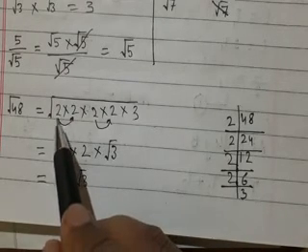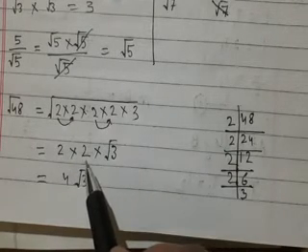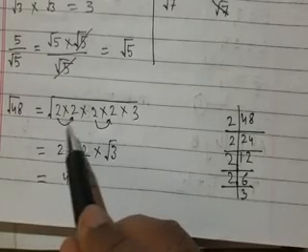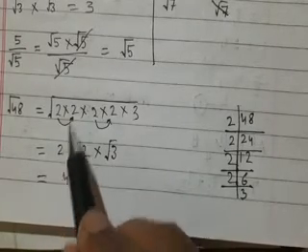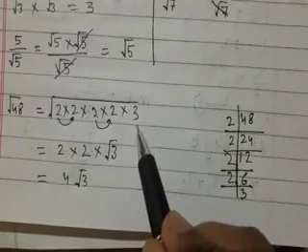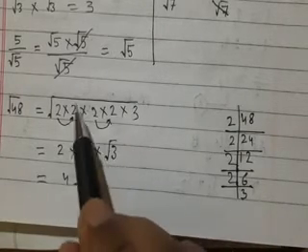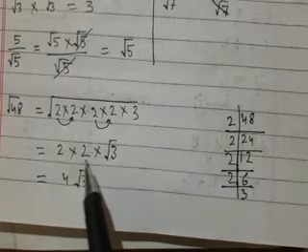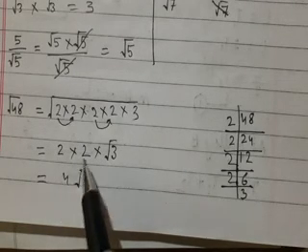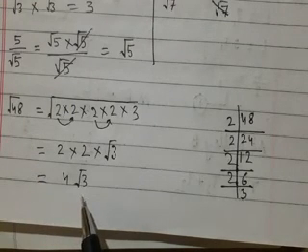So here from these two, one 2 will come out, and from these two, one 2 will come out. It is like root 2 into root 2. So you know that root 2 into root 2 is equal to 2. Again here root 2 into root 2 is equal to 2. But 3 is alone. It is not having a pair. So it will be written as it is within the root. So finally we get 2 2s are 4 root 3. So value of root 48 is equal to 4 into root 3.